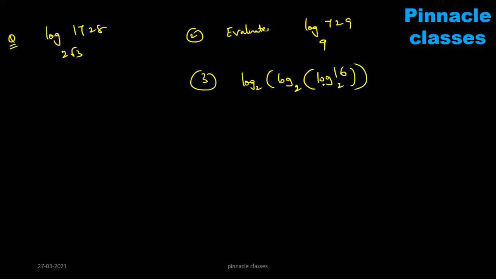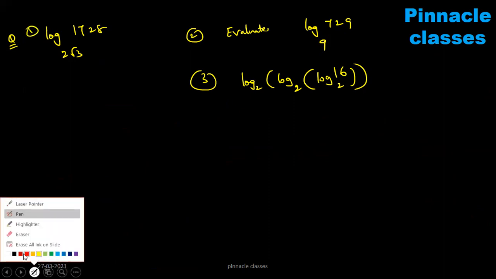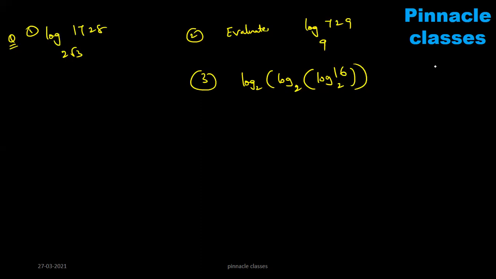Question number 3. See, I will explain question number 1 and 3. See carefully. So for these types of models, a lot of practice is required. Perfect squares, 1 square, 2 square, 3 square, and so on up to 20 square. These values are very important. Up to 50 square is also good. 1 cube, 2 cube, 3 cube, and so on up to 10 cube. Perfect squares are very important. Perfect cubes. What is the value of 1 cube? 1. 10 cube, 1000. 12 cube, 1728. 36 square, 1296. So these are very, very important.